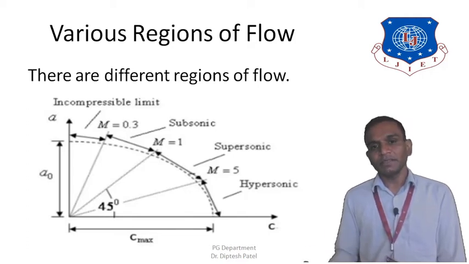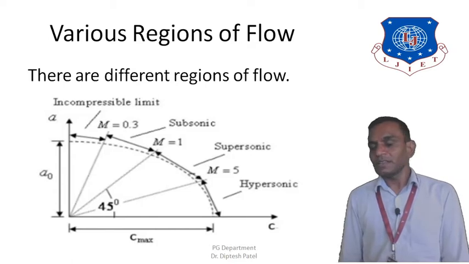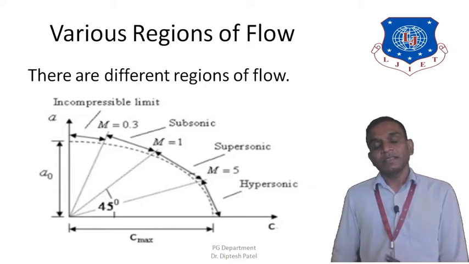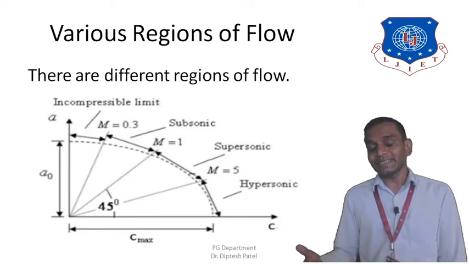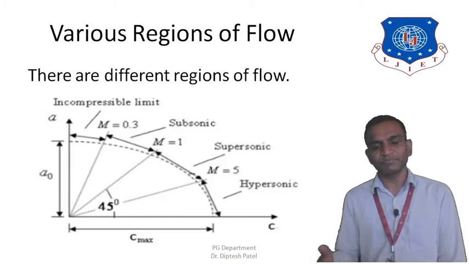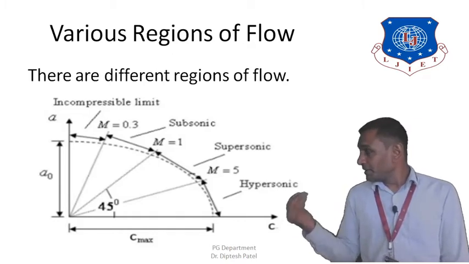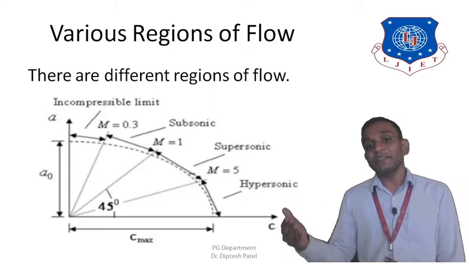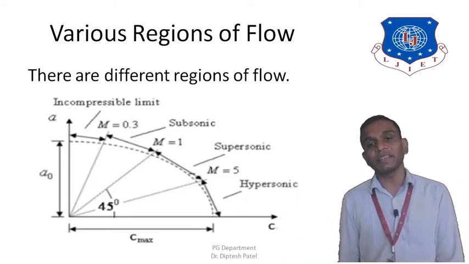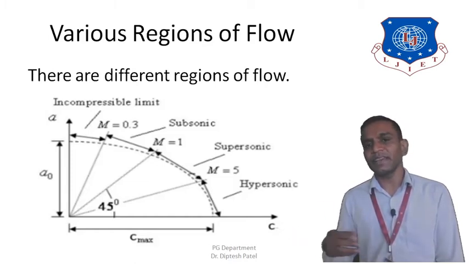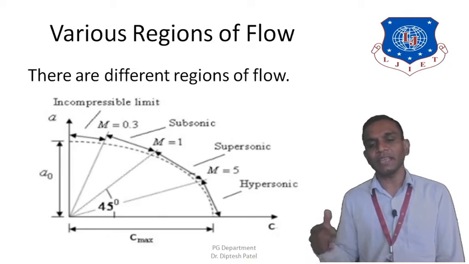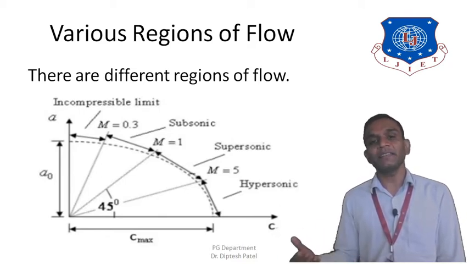If you move forward, you'll see the supersonic flow regions. In supersonic flow regions, the fluid velocity is increasing. So here the fluid velocity is higher as compared to the velocity of sound, and therefore the Mach number lies in between 1.2 to 5. Even if you move a little bit further, you will fall into the hypersonic flow regions that you can see over here. In hypersonic flow regions, the fluid velocity is very large as compared to the sound velocity, and therefore the Mach number is higher than 5.